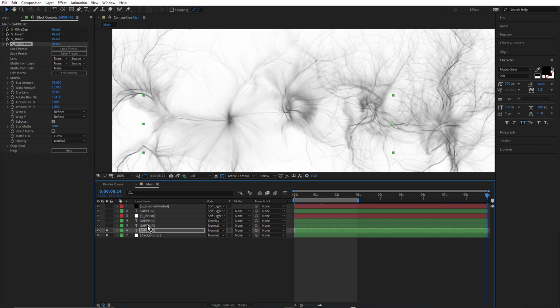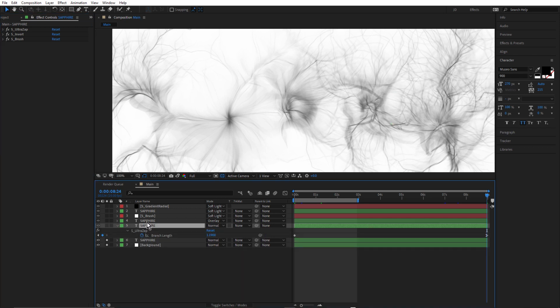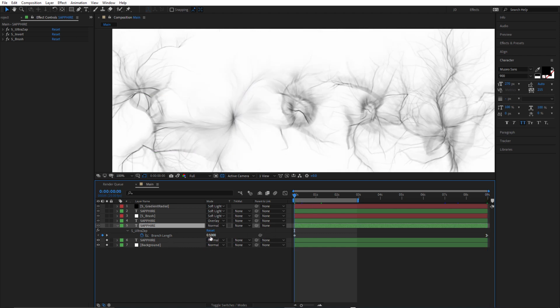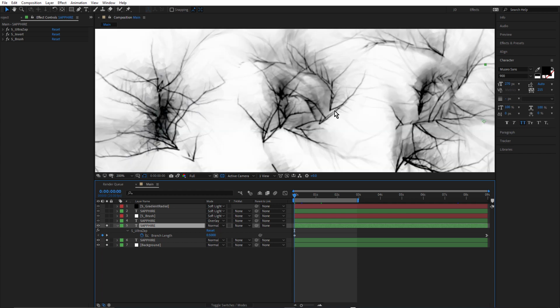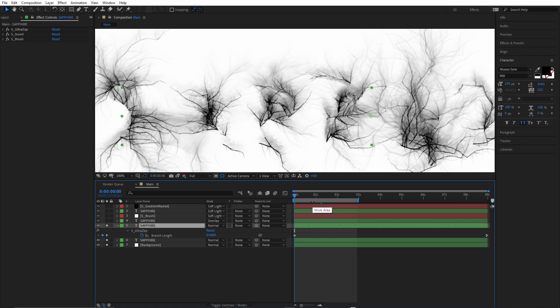Now, the layer above is identical except for branch length, where I've started with shorter branches. Just turn that on. So the ones behind are these sort of long, sweeping, ghostly ones, and the ones in front don't have distort blur applied, but they're starting shorter. Once again with S invert and S brush applied. So it's starting to darken things up and thicken things up.